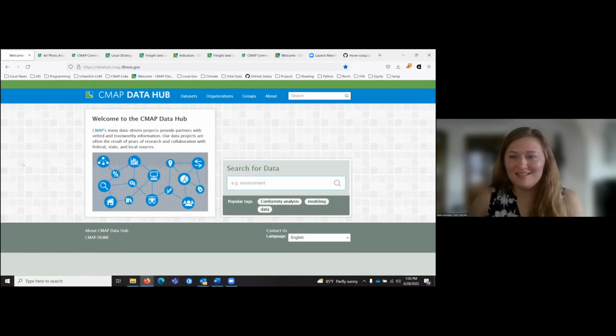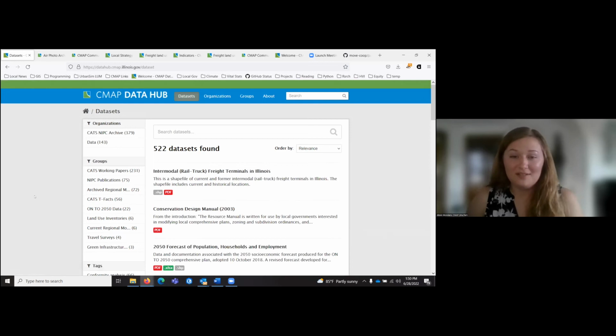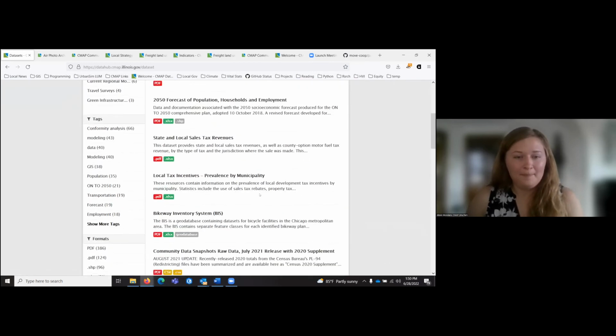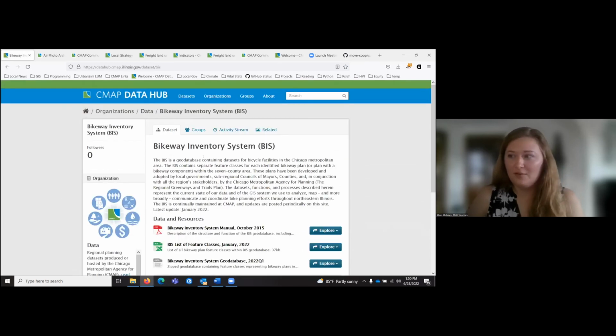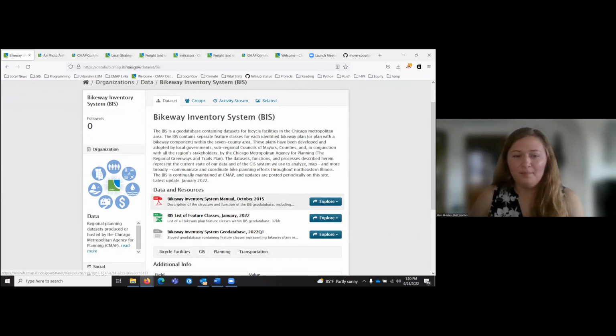And the last data set that I'm excited to highlight here today is the bikeway inventory system, or the BIS. So this includes information on both existing and planned bicycle infrastructure in communities across the region. We do have a link here for the manual, a list of the different plans that are included, as well as a link to the geodatabase for you to open up in your own desktop-based GIS systems, ArcMap, ArcPro, QGIS,